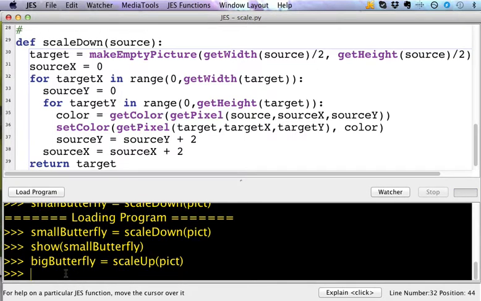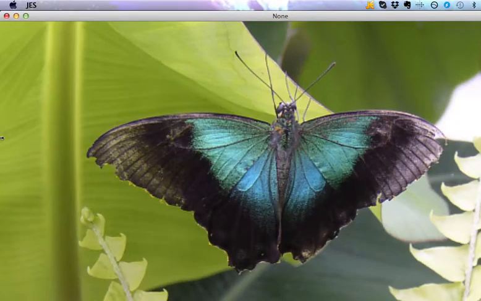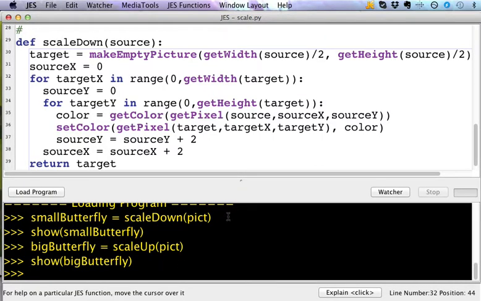Should finish eventually. All right, and now we're going to show the big butterfly, and it should be 4 times as big, and it's huge. Okay. So that's the scale up and scale down, which are just either doubling or cutting the width and height in